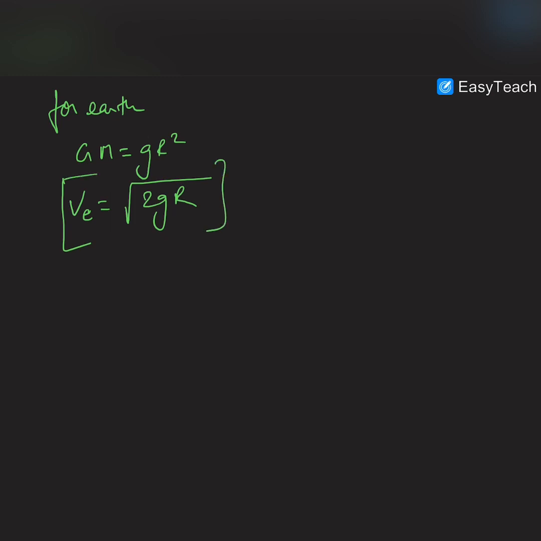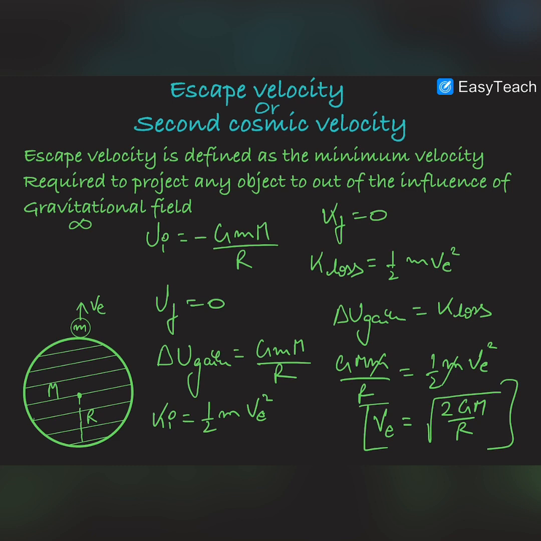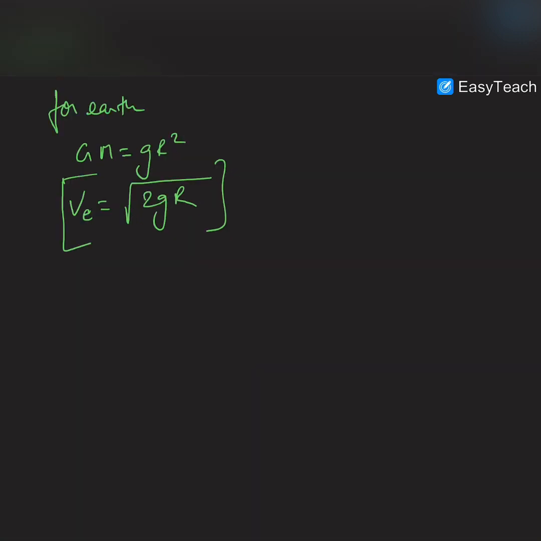What I have done is replaced GM by gR square, cancelling R with R. We know that the radius of Earth is 6400 kilometers, and the value of acceleration due to gravity is 9.81 meters per second square. So we can say that this escape velocity for Earth's surface is